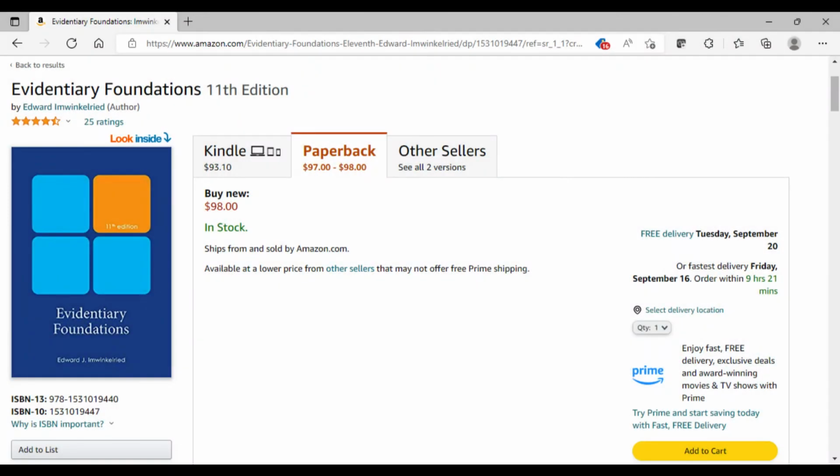How do you know how to lay a foundation? Happily, we have books that deal with that. My favorite is by Edward M. Winklereid. We fondly call him Winky. Evidentiary Foundations. I have the second edition and the fifth, but you can choose which one you want to work with. The publisher's up to the 11th now, and if you don't want to spend the money for a hardcover copy, which runs about $200, it's available in the library upstairs or through a lot of electronic databases.